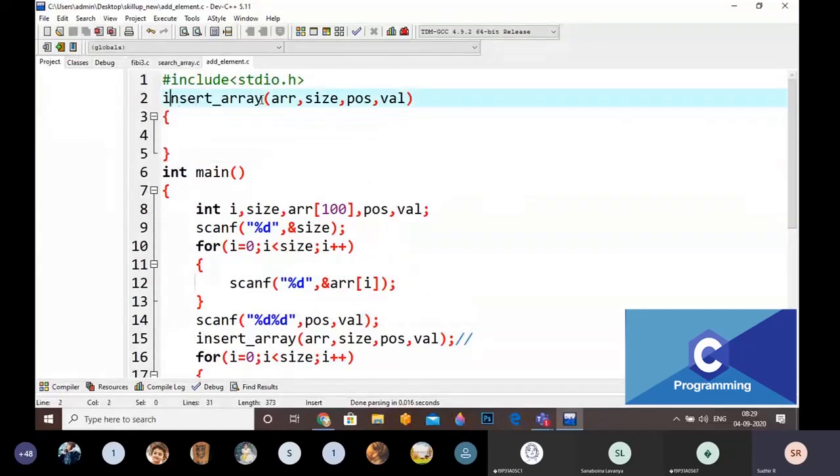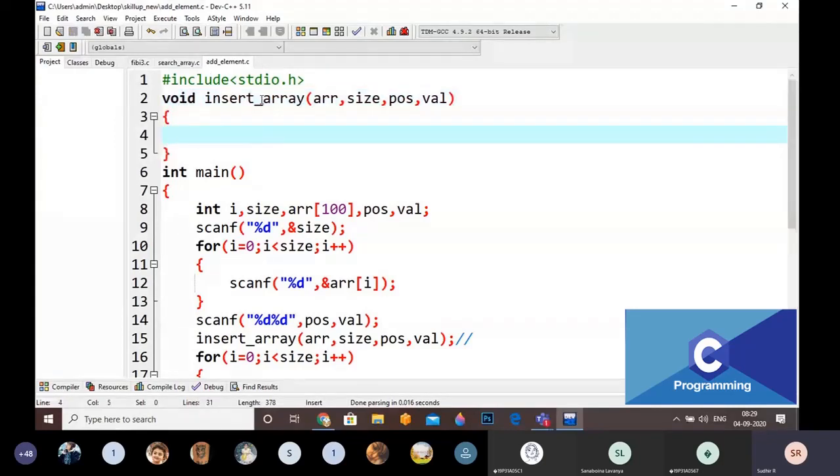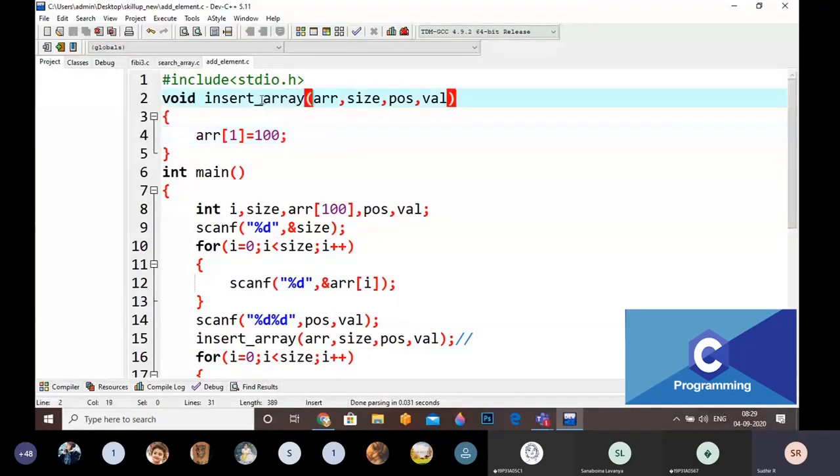This is a void function. Nothing is returned. Now I am going to change here simply ARR of 1 is equal to 100. That's it, nothing else. Int star this one. This is also int, and this is also int.